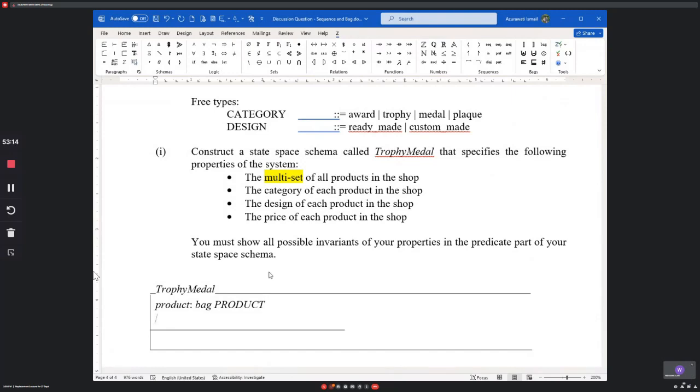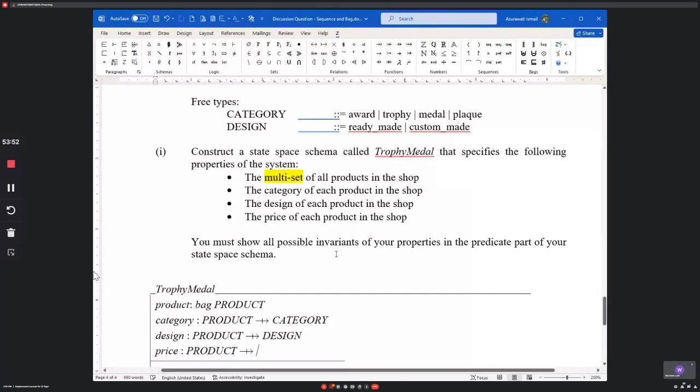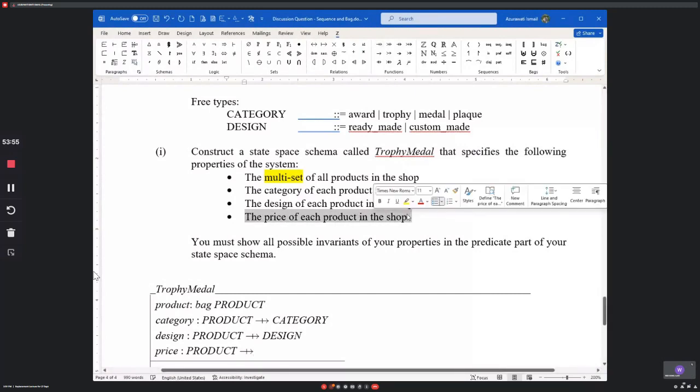Okay, then category. This one is the product partial function to category. And then you have design, product, partial function to design, and price is actually product, partial function to, okay, in this question, the price of the product in the shop, it doesn't state it